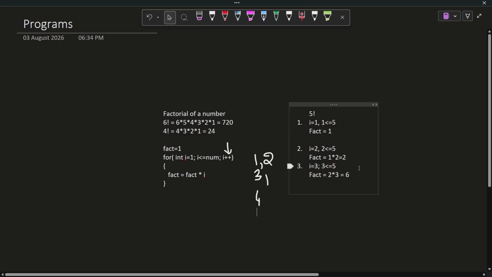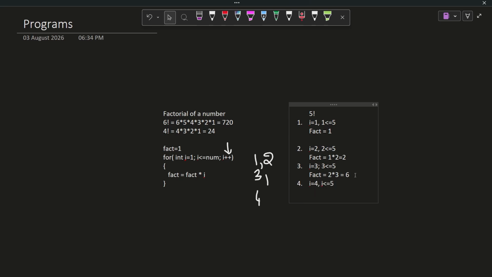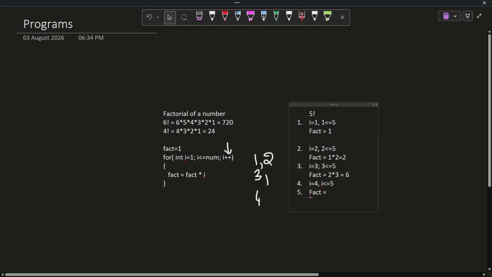Right? Now in the fourth iteration, what happens? i equals 4. 4 less than or equal to 5. The condition is true. So fact equals, what was my previous fact? 6. 6 multiplied by the value of i, which is 4. 6 fours are 24. Right? Now the value of i gets incremented again, and finally the value of i is 5.